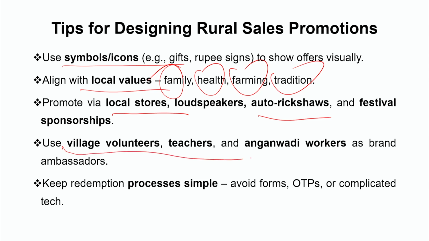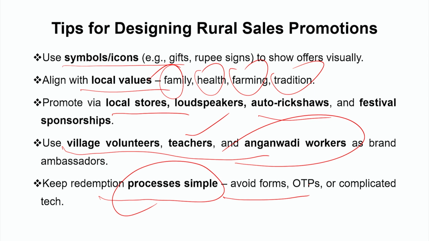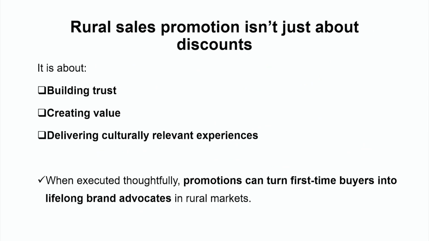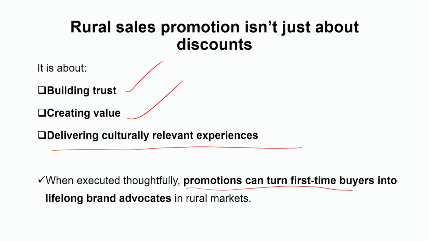We can use village volunteers and teachers. Somebody from the village community only is going to initiate. The teachers from different schools are going to be engaged, and Anganwadi workers as brand ambassadors. Keep the redemption process simple: avoid forms, avoid OTPs, and avoid complicated text. So rural sales promotion isn't just about discounts, it is about building trust, creating value and delivering a culturally relevant experience. When executed thoughtfully, promotions can turn first time buyers into lifelong brand advocates